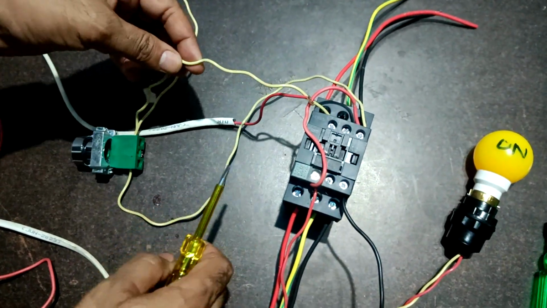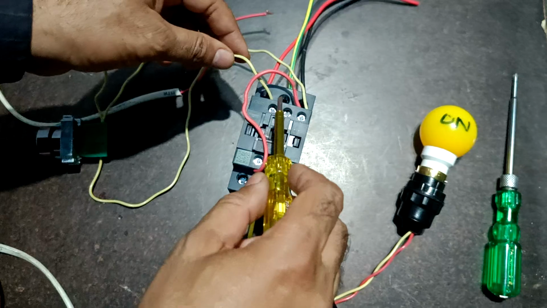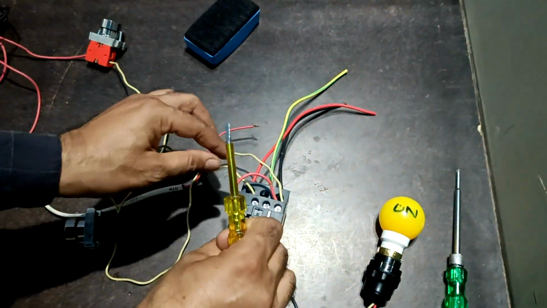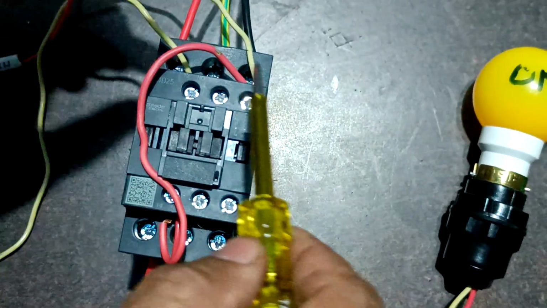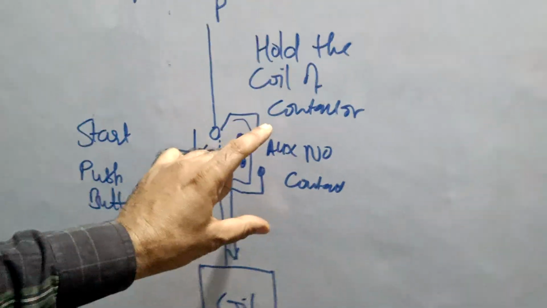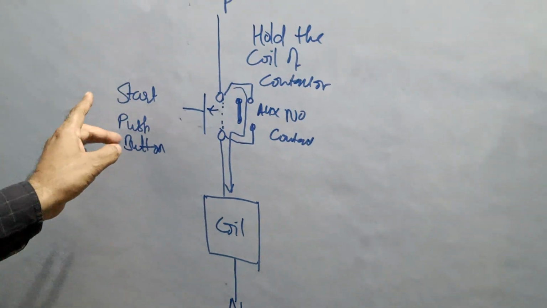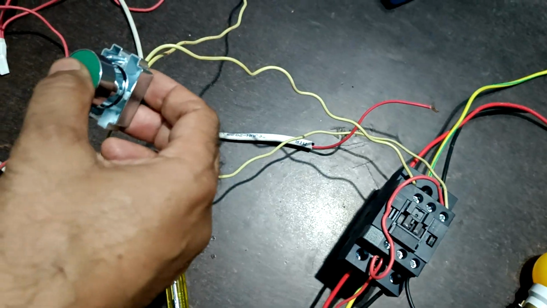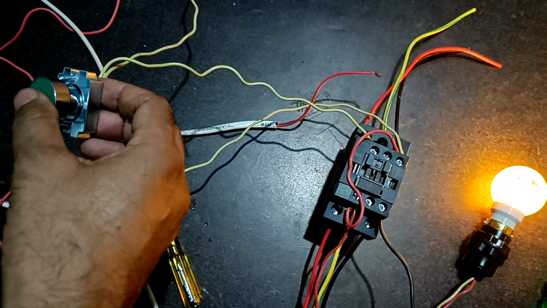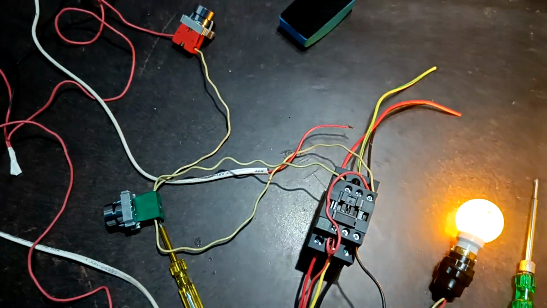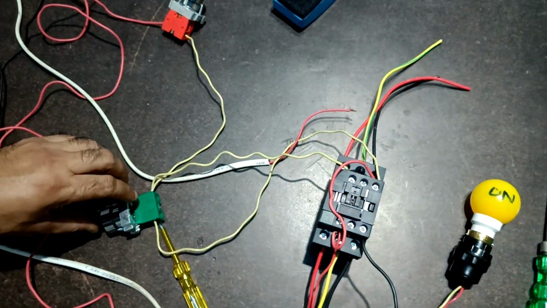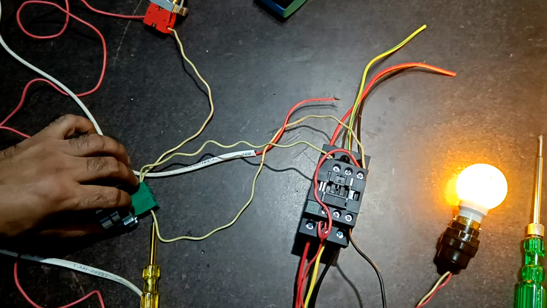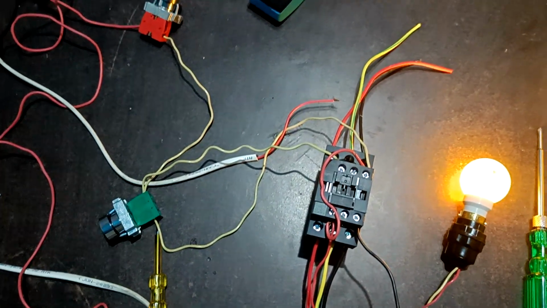I am taking a phase from here, from NC, this is NC, and towards downward, phase will pass here and it will go to the coil of contactor. This is the coil. So this is the parallel connection of auxiliary contact of contactor to the start push button. Now when I am pressing the start push button, it is permanently on. To make it off, I have to press the stop push button. Again, when I am pressing the start push button, it is permanently on because it is getting the supply